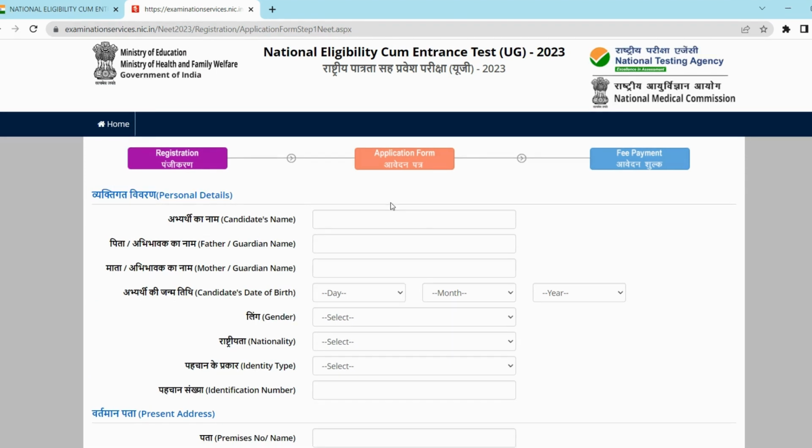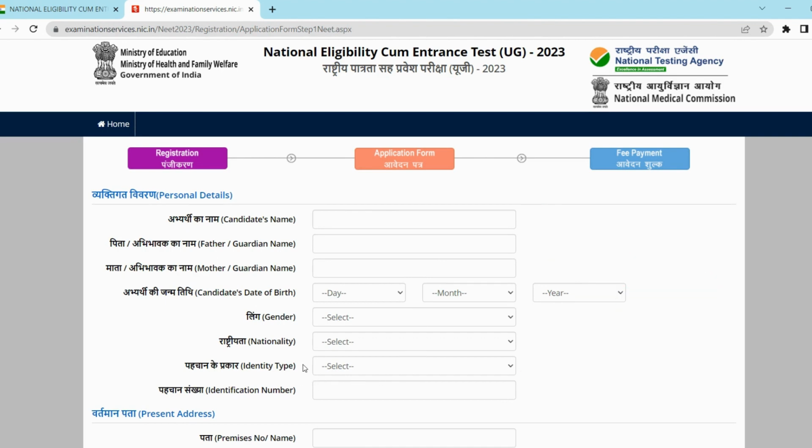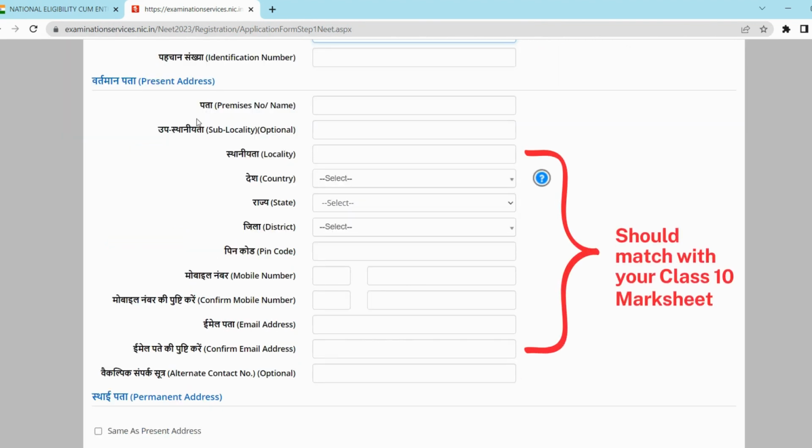Now, you are ready to fill the first step, that is registration. On this page, candidates will have to enter their name, mother's name, father's name, gender, date of birth, category, nationality, state, identity type, government ID proof number, valid mobile number, email ID, and at the end fill your present and